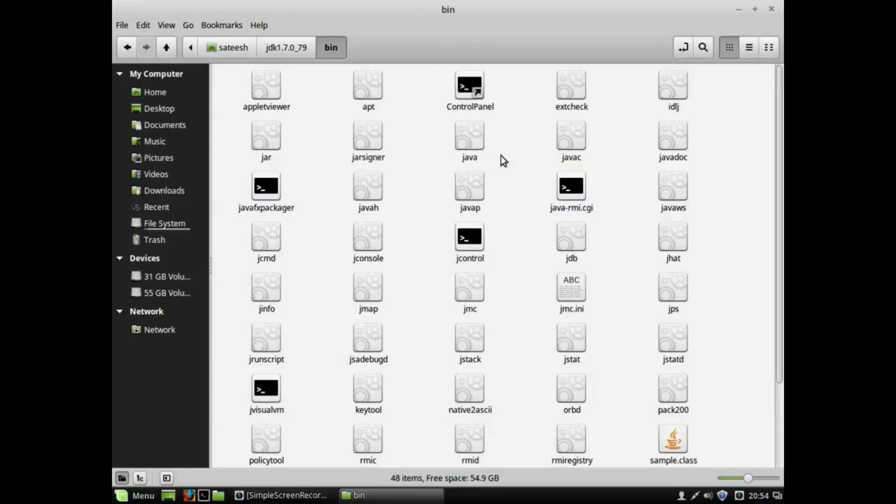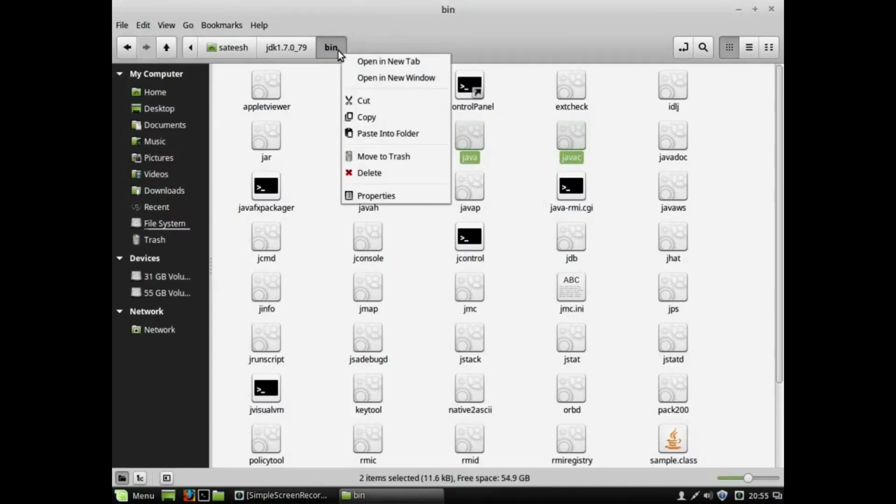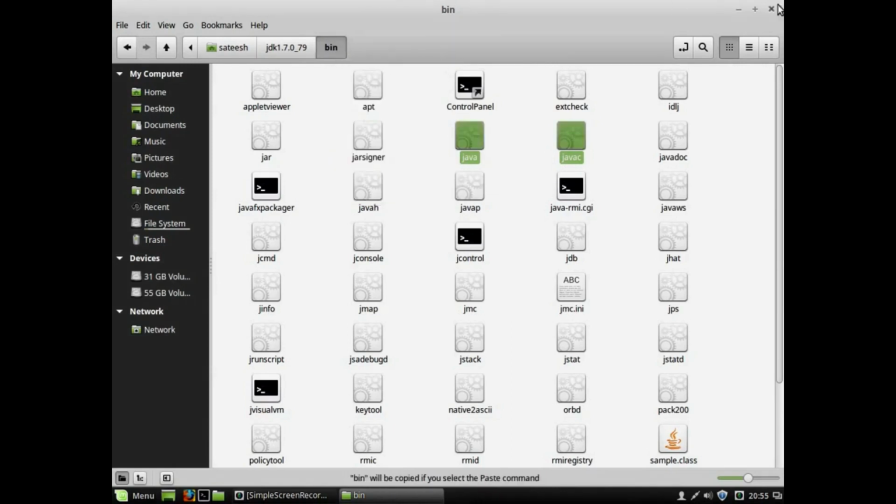And unfortunately, whenever you install Java, our machine cannot recognize these two commands, because we use the console screen for executing our programs. So our console will not recognize these two commands. So we should tell our machine that these commands are available in this particular location. So please copy this path.